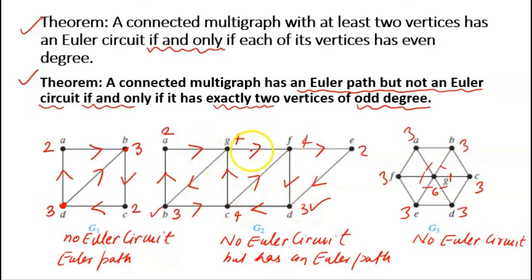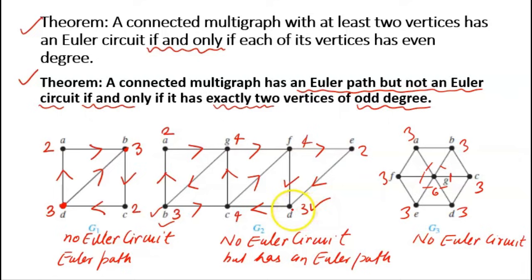So we have actually covered all the edges exactly once, and I started at B, which was a vertex of odd degree, and I ended at D, which is also a vertex of odd degree. So the existence of an Euler path was guaranteed because there are two vertices of odd degree present in this graph, and we have shown that when we start at B, one vertex of odd degree,